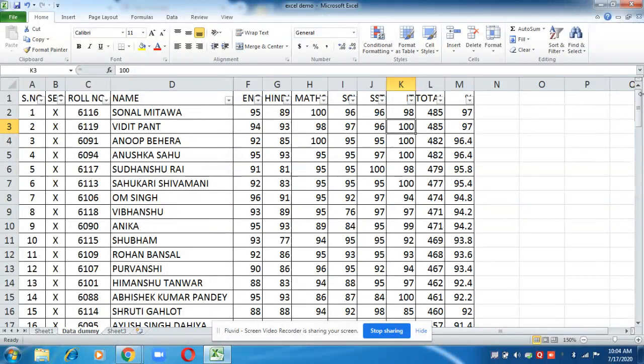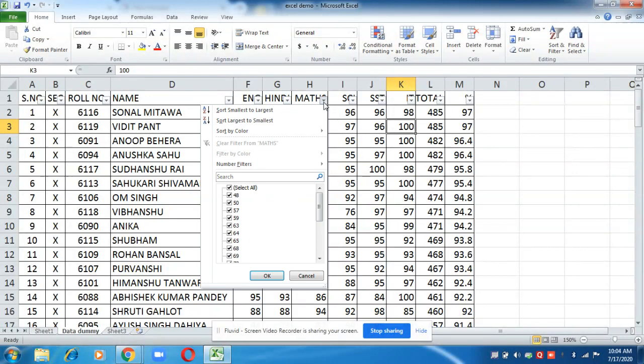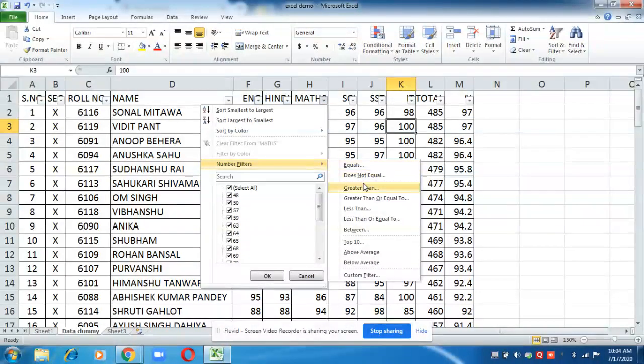Now I just want to see how many students have secured 100 out of 100 in maths. So I will apply this rule on maths. Go to number filter, and this time I don't have to check marks greater than, because these marks are only out of 100.